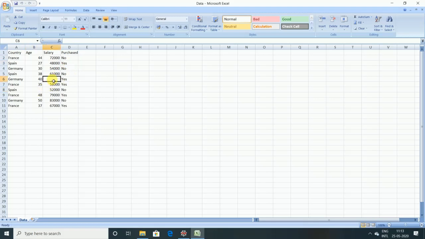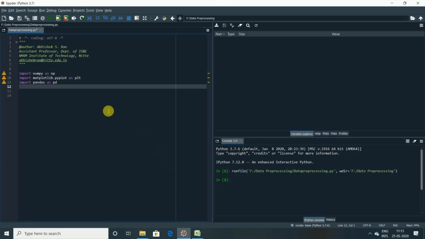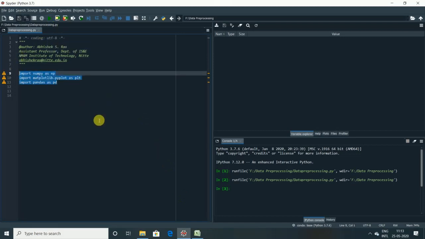So it will become an important data set for us to learn how to impute this missing data and how to analyze this data using data pre-processing techniques. So let us begin. Now we'll execute these three lines. Yes, it is successfully imported.